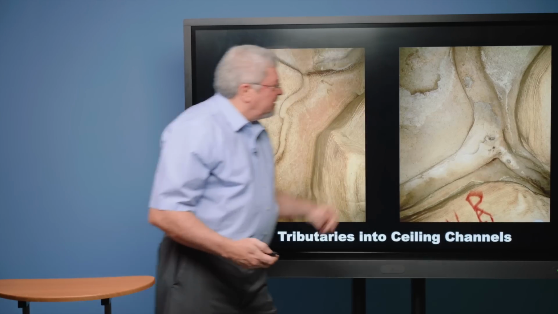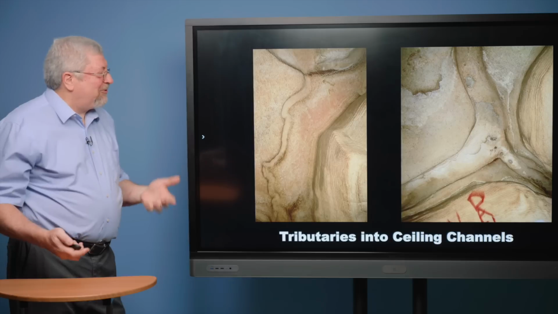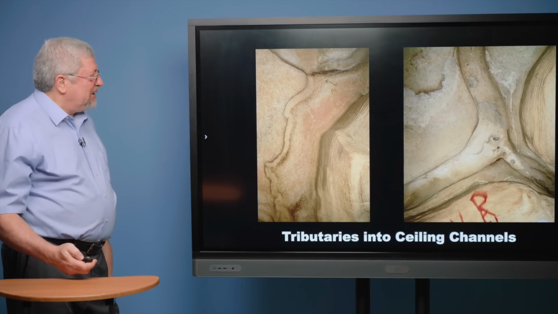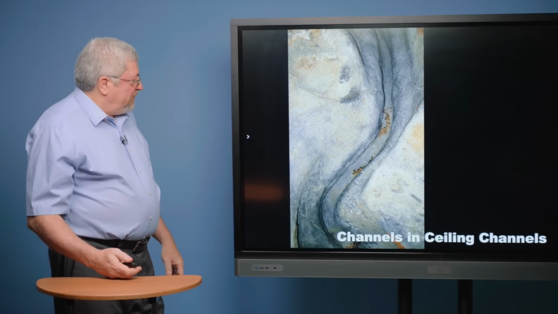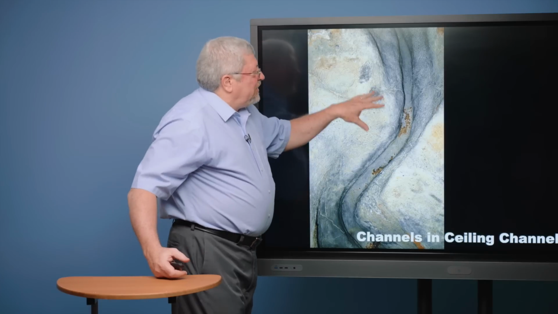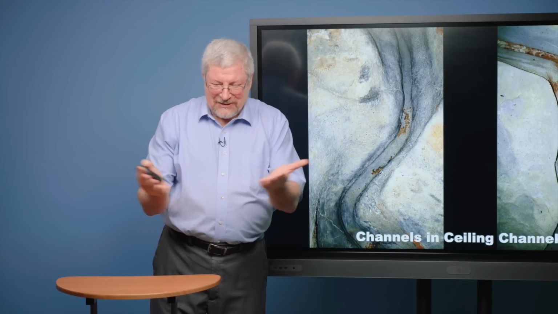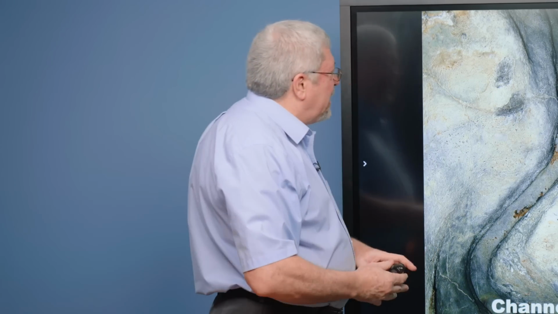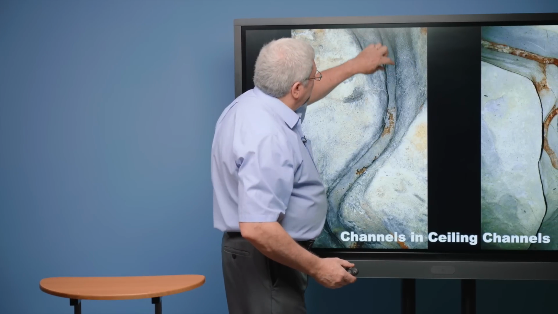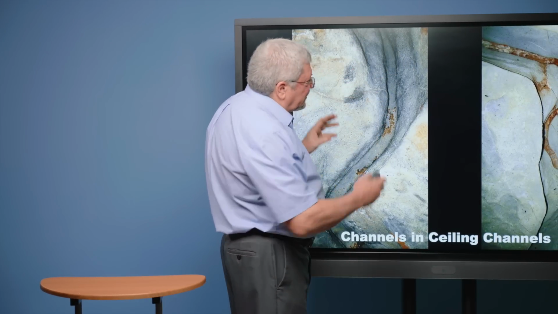Here again, side, it looked like a river on the surface, but it's in the ceiling. And then there would be channels in the channels. This is kind of common in, like, the Mississippi River might have a large channel that is tens of miles wide, but the river itself is cut into a smaller channel in the midst that winds around in the midst of the larger valley. And this has got a large valley with a river that's cut into it.